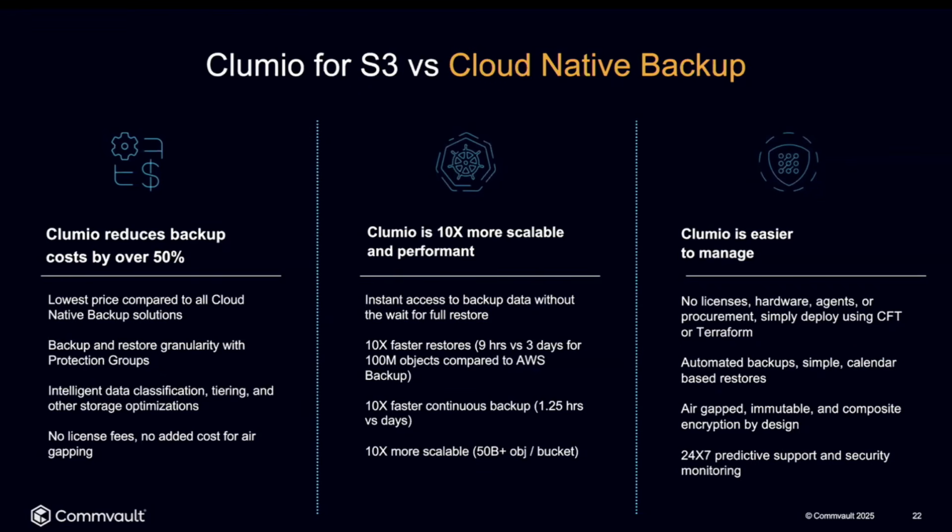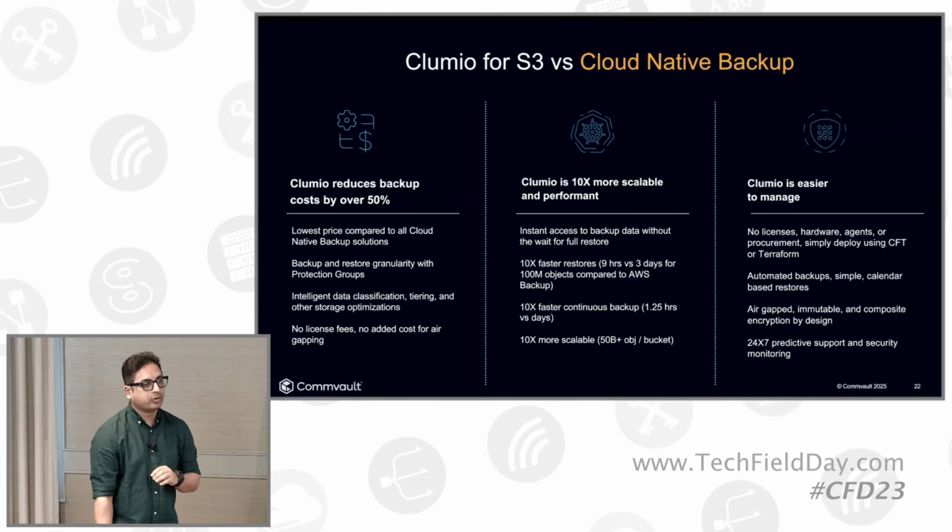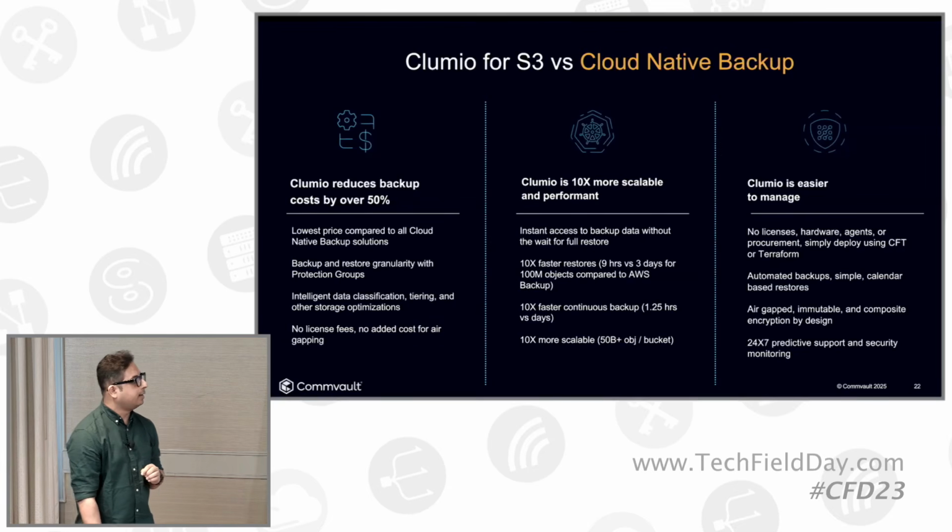And we're also easier to manage, right? So I want to talk about 3 numbers here to hit home the point that we are much easier to manage compared to our competitors. Our NPS is 85, and 98% of our support tickets are proactively resolved, which means that we have 24/7 predictive monitoring of your backups and restore operations. So even before you wake up in the morning and see the alert, we've already resolved the issue in the back end, right? So 98% plus of our support tickets are handled proactively.